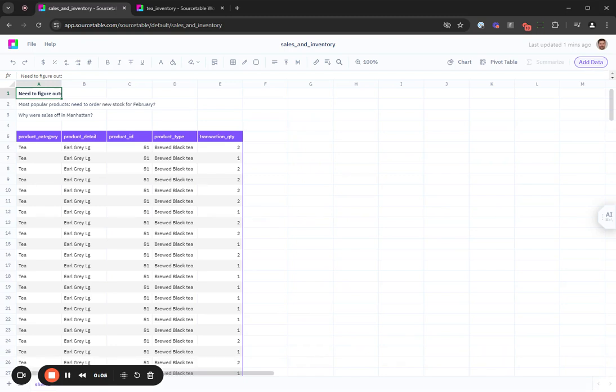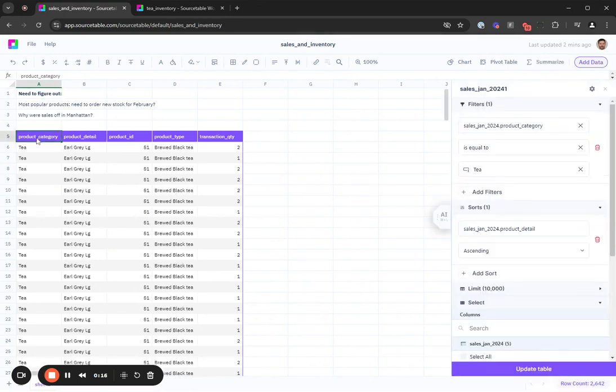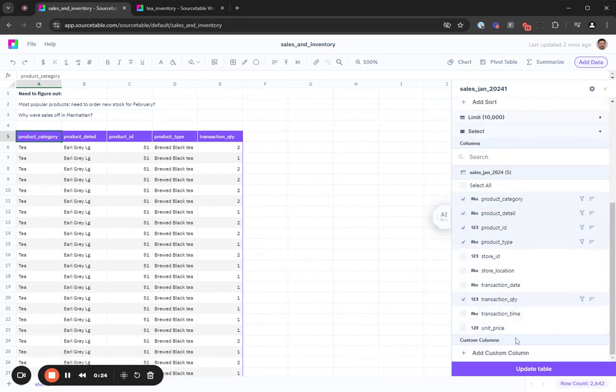Sourcetable allows you to make data that you've curated in one workbook available for use in other workbooks. To do this, click on the table that you'd like to make available. Doing so will open the table sidebar. Here you can see I've already set up some filters, sorts, and column selections, and now I'd like to share